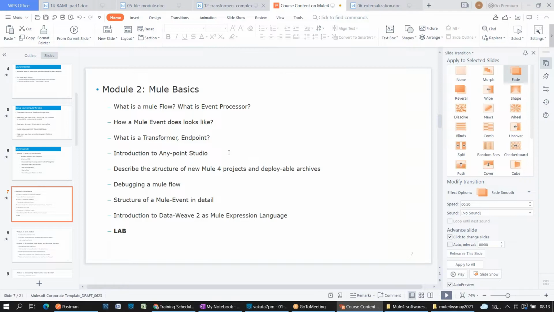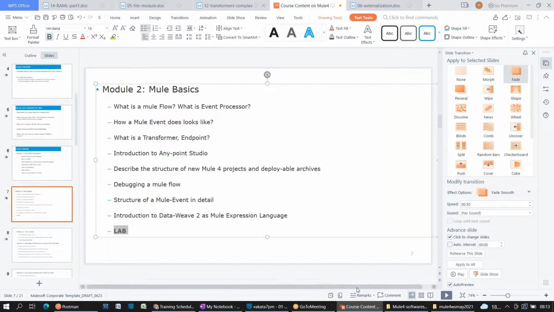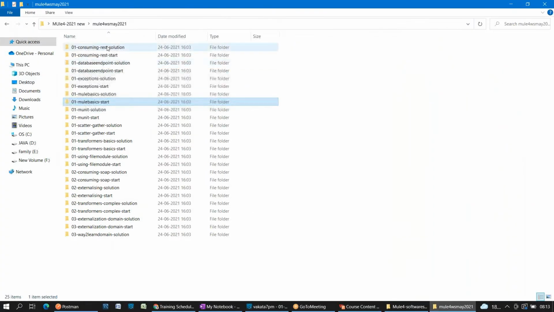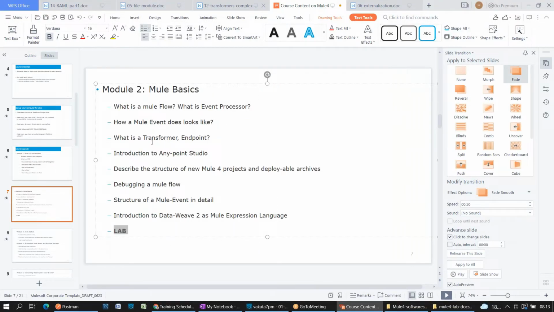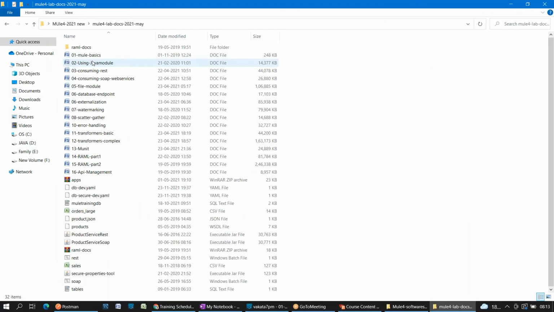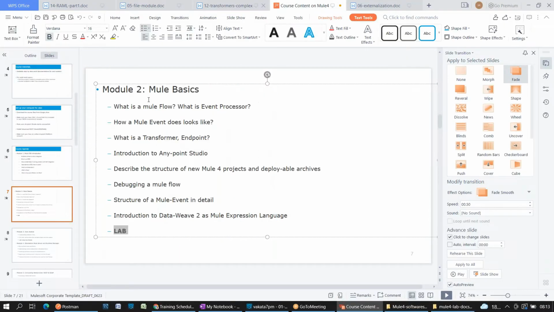It's the heart of the sessions, because if you understand this particular example, all scenarios, even complex scenarios, will follow the same way. That is why this session is very important. And when you see there is a lab, please understand there is a document for that. When you complete this module, Mule Basics, you will need to practice on the 01 Mule Basics part. I will tell you at that point in the session itself which document you need to practice.